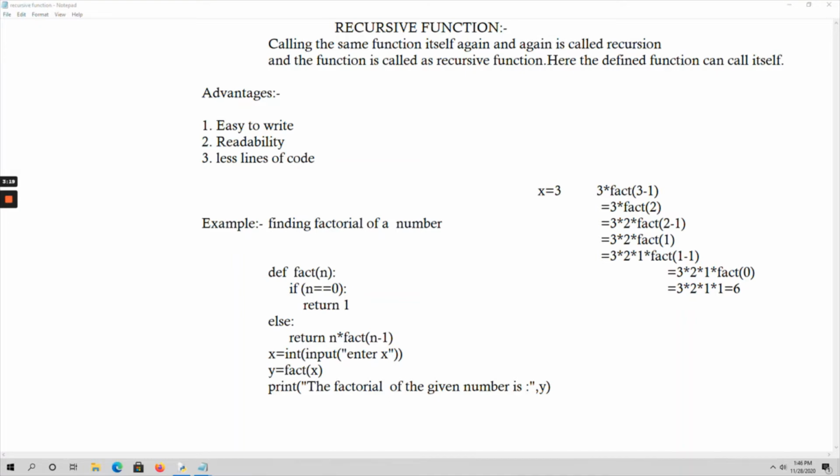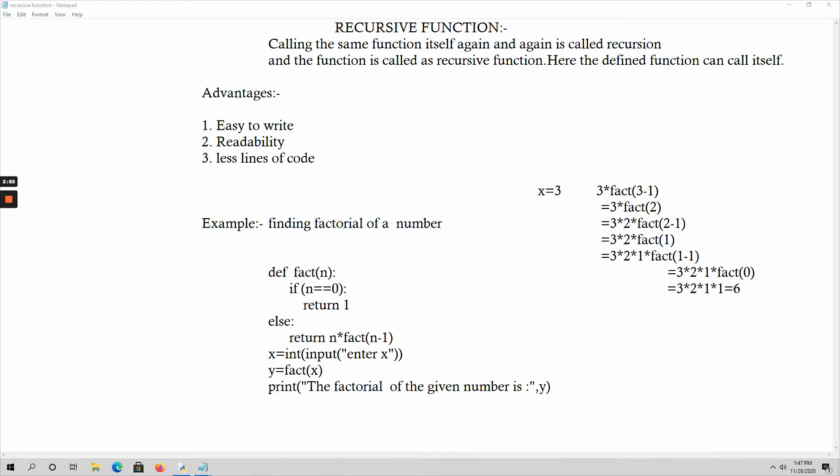So see here how I am finding the factorial of a number. For that, in the function definition, def is the keyword, and the function name is fact. As it is a factorial of a number, I am using the function name fact. So n is the input, that is, I am passing n as an argument to that function. So n stands for the number for which you want to find the factorial, okay. That is the input to this function.